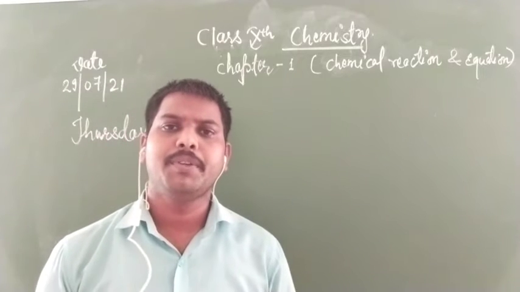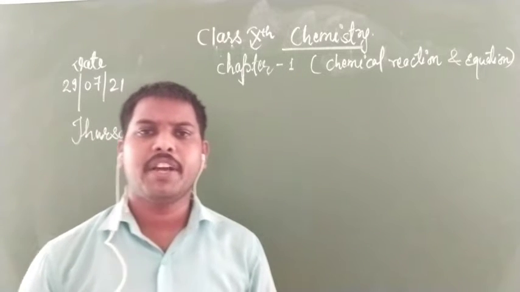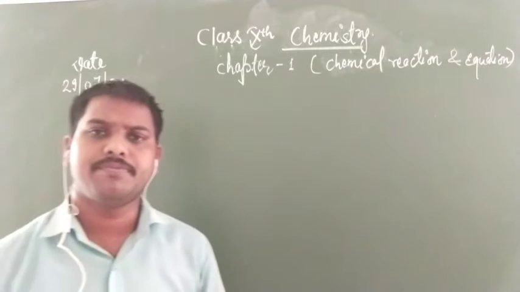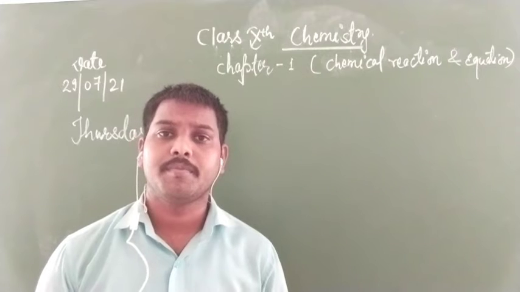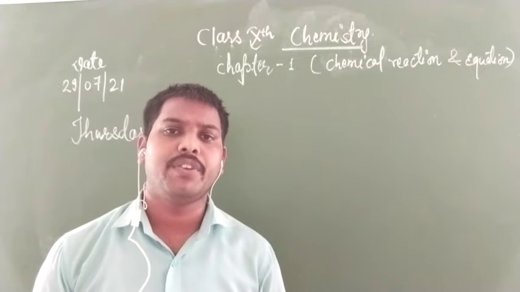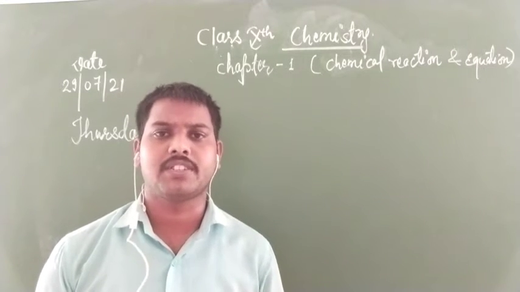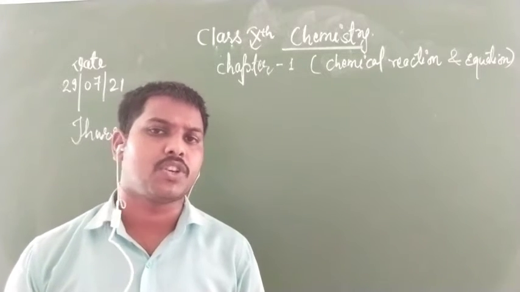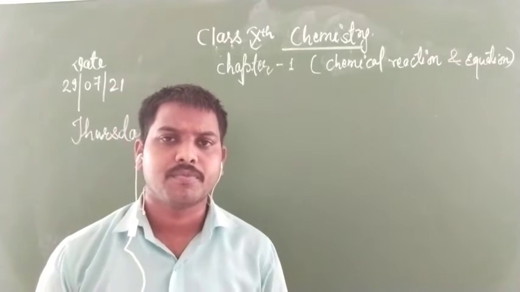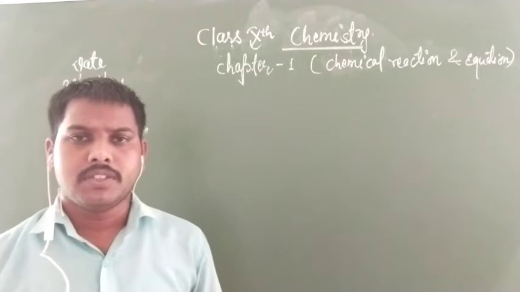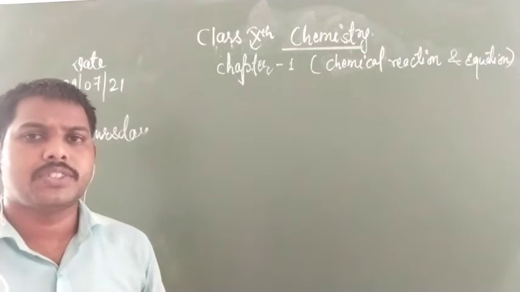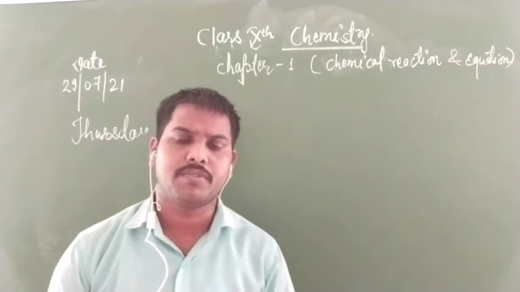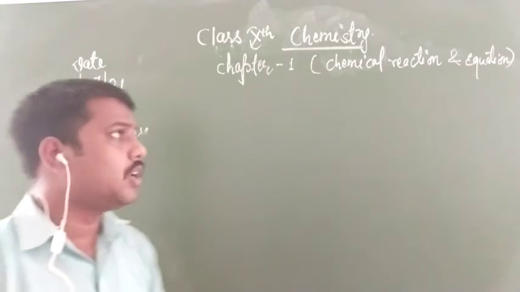Children, in the previous video, I explained the physical characteristics of a chemical reaction. You all know it very well. After completing the physical characteristics, you will know whether a chemical reaction has taken place or not. Clear? So now in this video, we are going to start a new topic, that is word equation and chemical equation. Okay? Now see children,